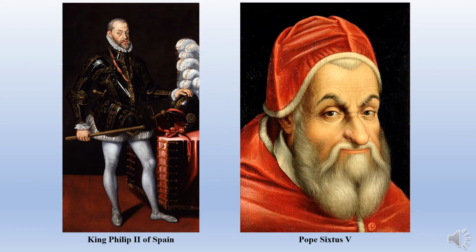Now, the handsome devil on the left is King Philip II of Spain. He was the eldest son of Emperor Charles V. What happened was when he married Mary, since Mary was the Queen of England, he did not feel that it was right for his son to marry a queen when he was simply a prince of the realm. So he actually created an independent kingdom of Spain and made Philip II the king of that.